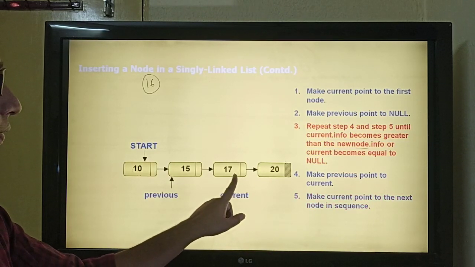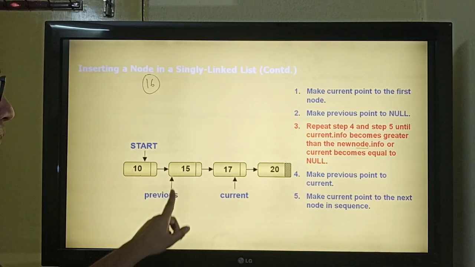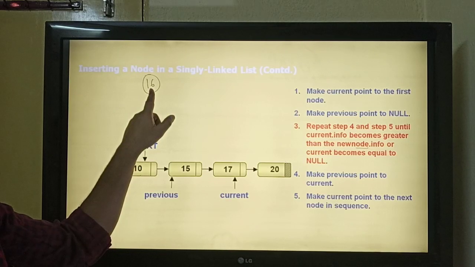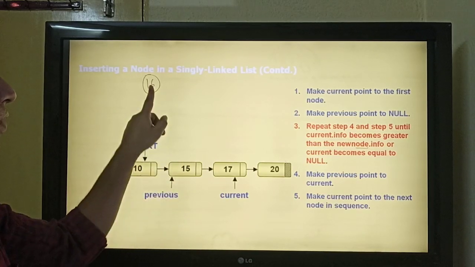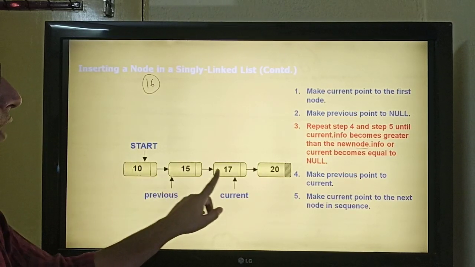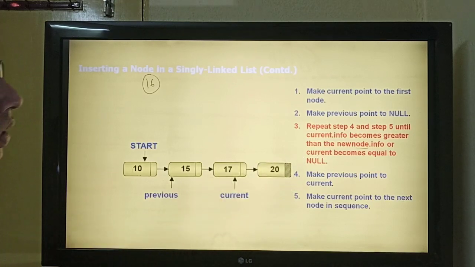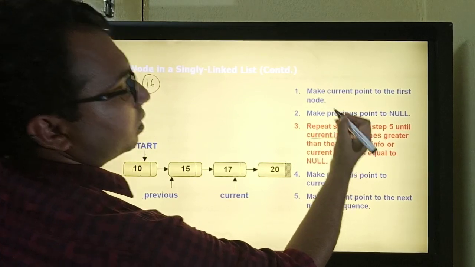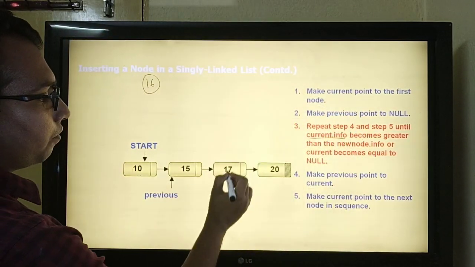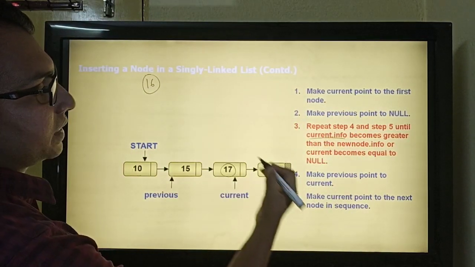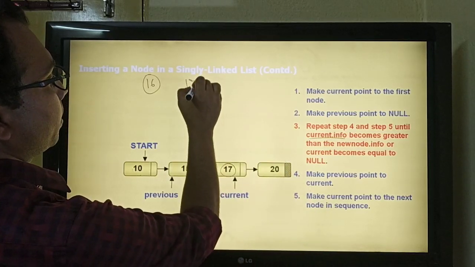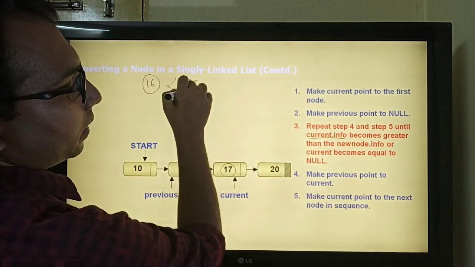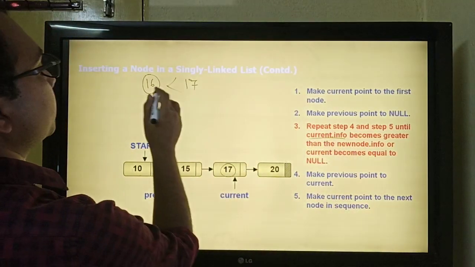Now, since current is at 17 and previous is at 15 and we have 16 to be inserted, the position of 16 will always be between 15 and 17. Now look at this condition. Current node.info, that is the information held by current node 17, becomes greater than the new node.info, that is 16.